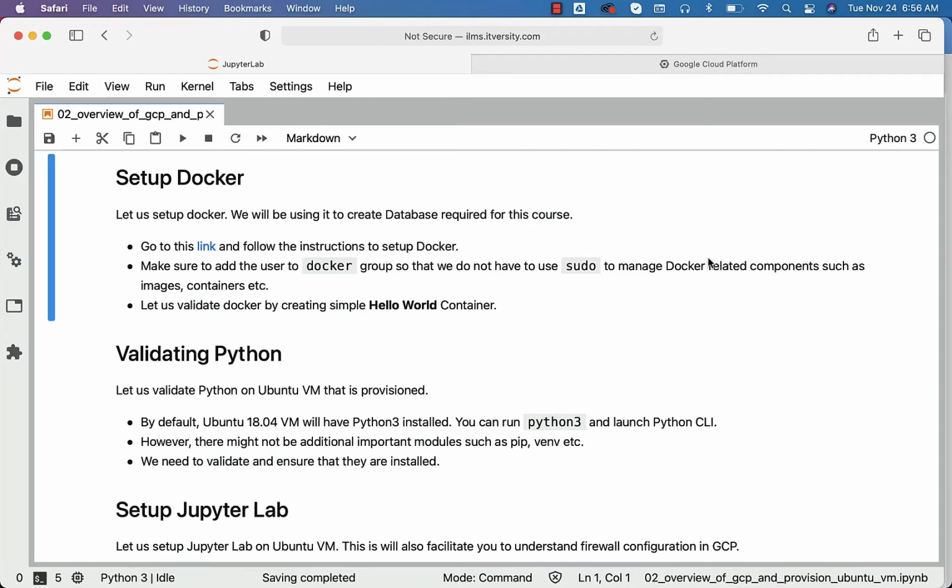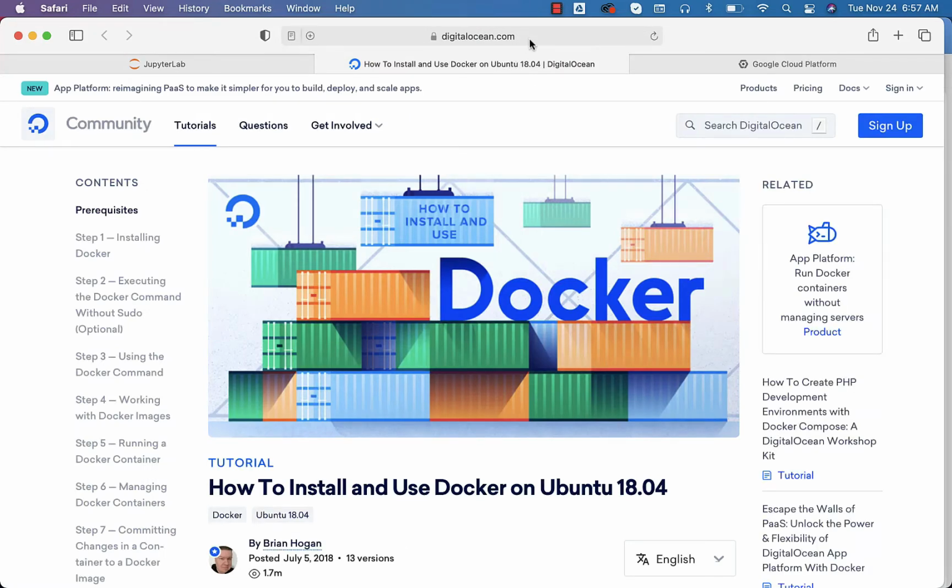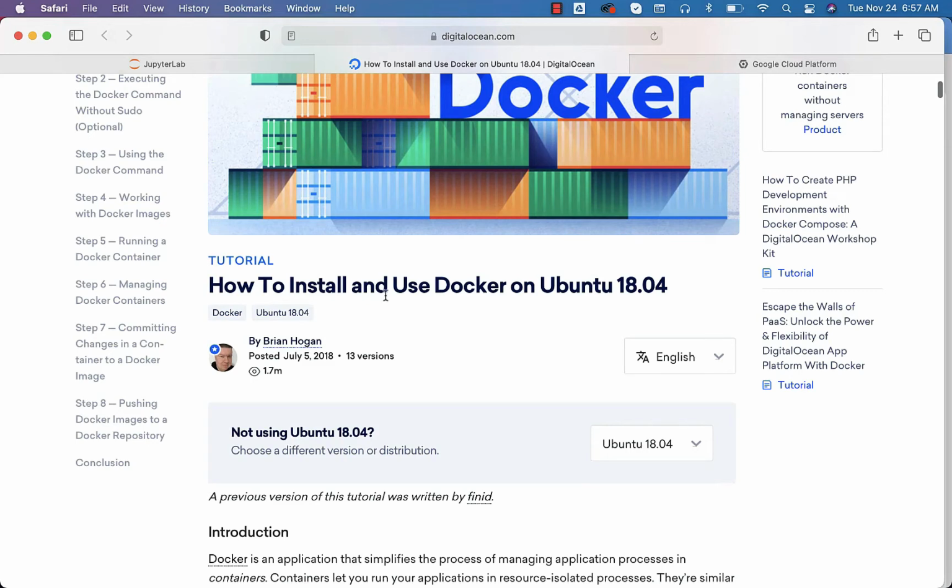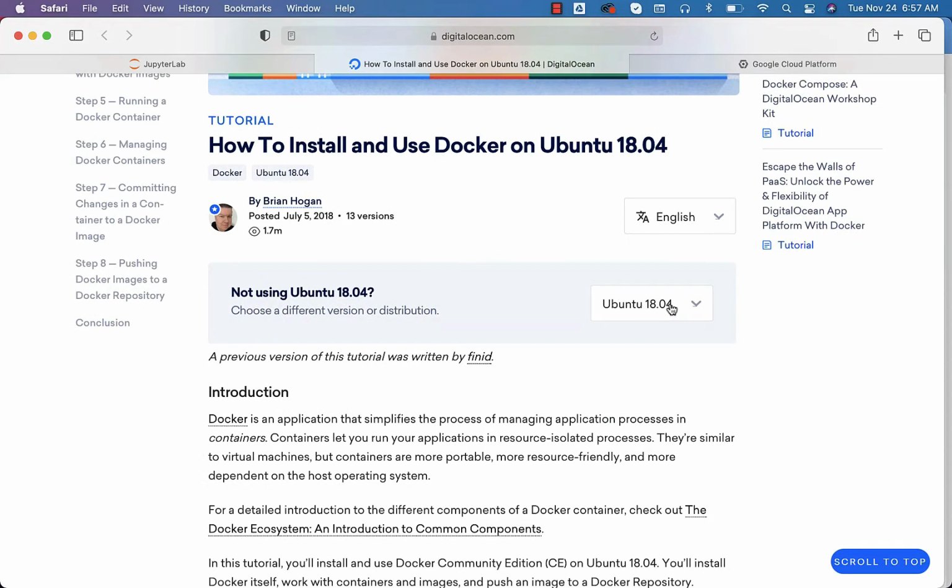Let's understand how to set up Docker, provided we have a machine with Ubuntu 18.04. I'll be demonstrating using a GCP based virtual machine, but you can follow the steps once you connect to the console on any other cloud provider or on your own server which you have bought or rented from somewhere. That being said, you can click on this link to get the instructions. This is a DigitalOcean link. You can scroll down and see the title of this article. It is nothing but how to install and use Docker on Ubuntu 18.04. If you want to change the operating system, you can change from here and then take it further. But for now, I just want to follow this article which is based on Ubuntu 18.04.